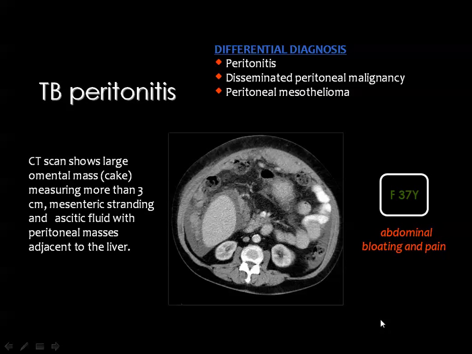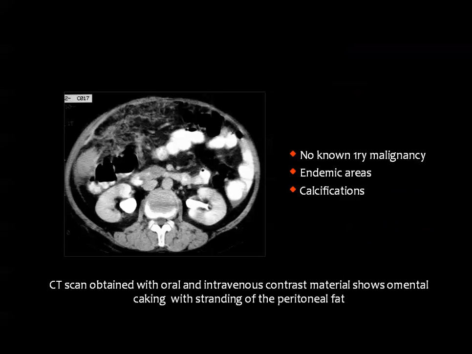Then tuberculous peritonitis is suspected in endemic areas, in the presence of lymph nodes, in the presence of pulmonary tuberculous lesion. Then you see here a stranding and the smudging of the peritoneal fat, and you see minimal fluid in the peritoneal cavity, and as I have said, this may draw your attention to the possibility of primary malignancy, but in cases there is no known primary malignancy and the patient is living in an endemic area known for